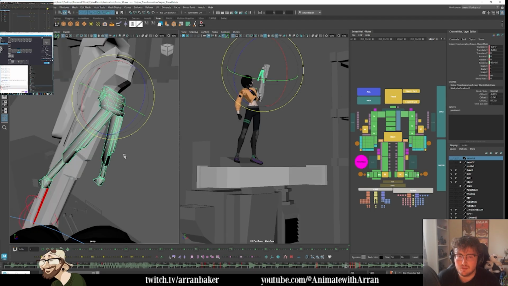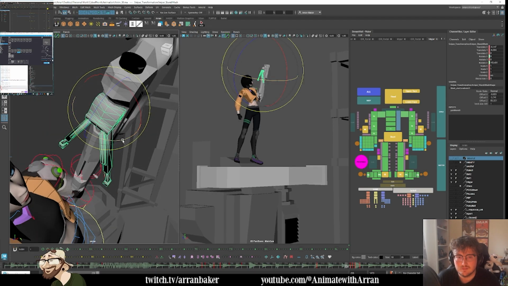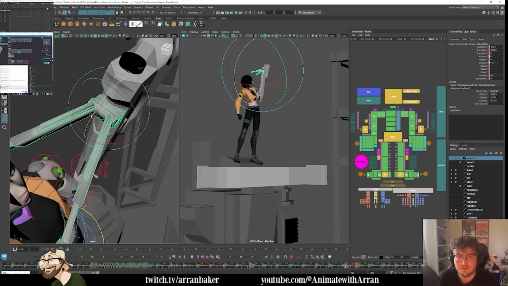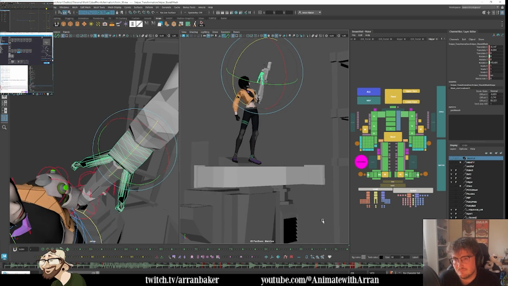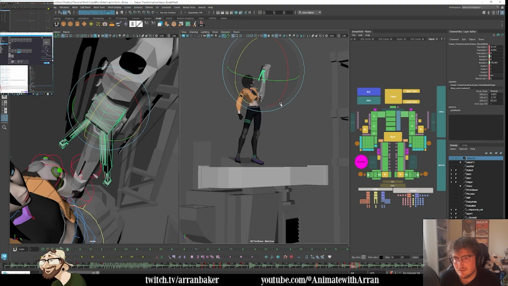And then maybe this biopod part needs to flap this way at this point. And then as it gets sucked in,